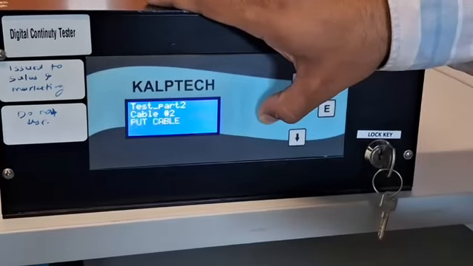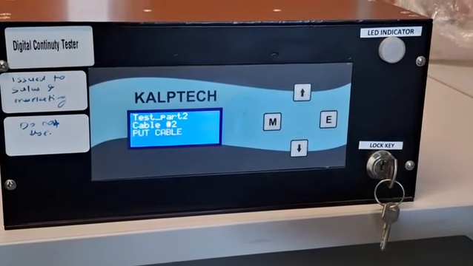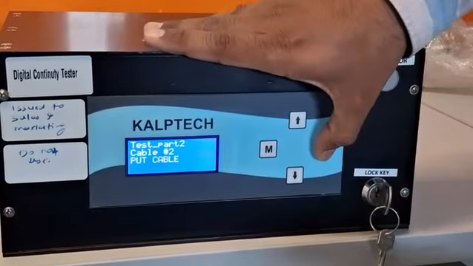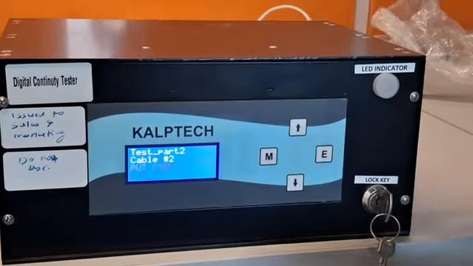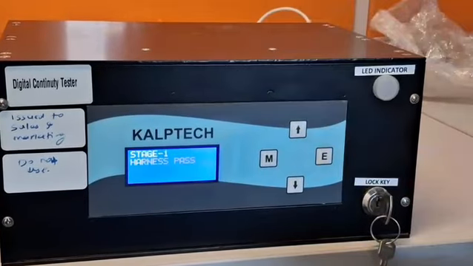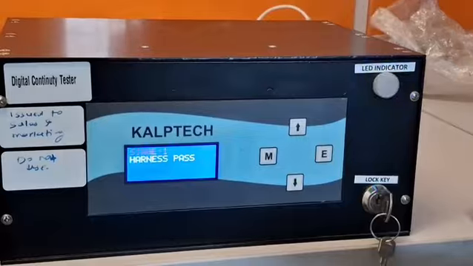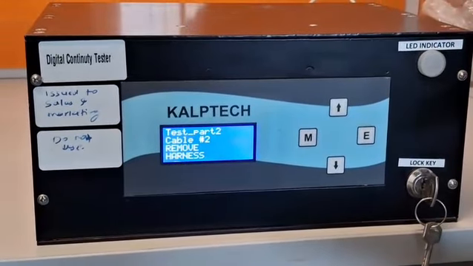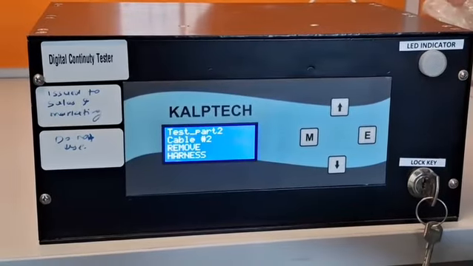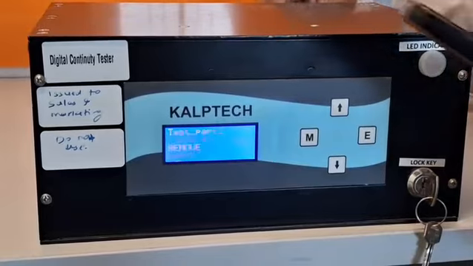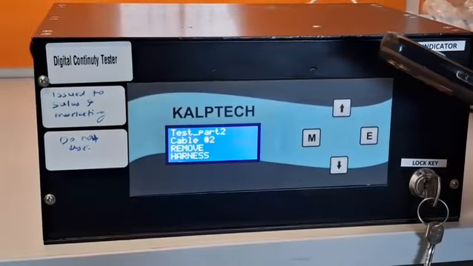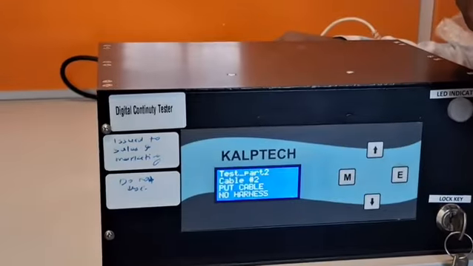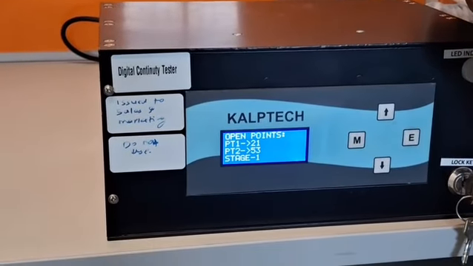Now we will go for open points and short points. Firstly I would like to pass the harness to show you how a harness is passed. Once the harness is passed, a buzzer and light will glow. Now I need to remove that harness, because unless and until I remove it, the next harness will not be taken for testing. So firstly I will remove that harness. The base screen will reset. Then again I will connect my harness to it,